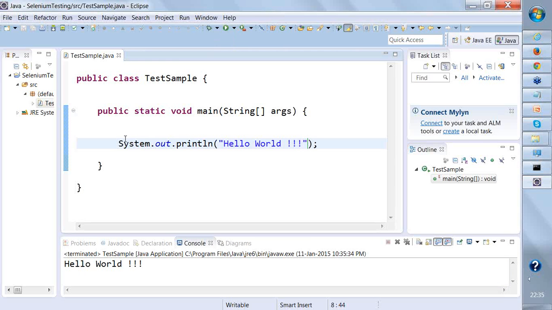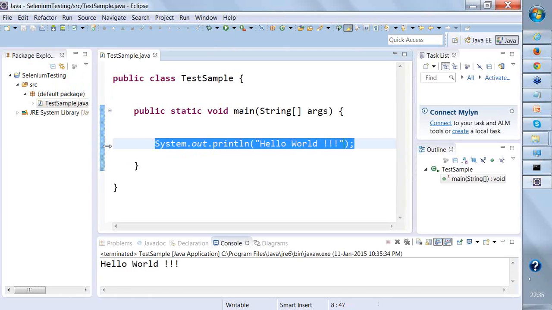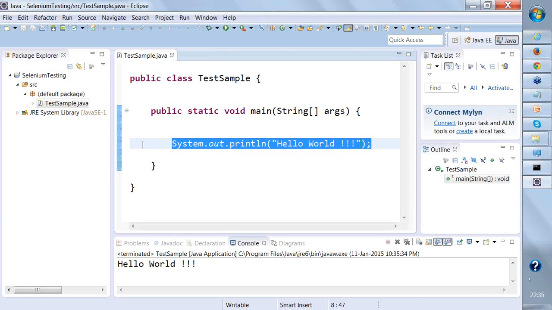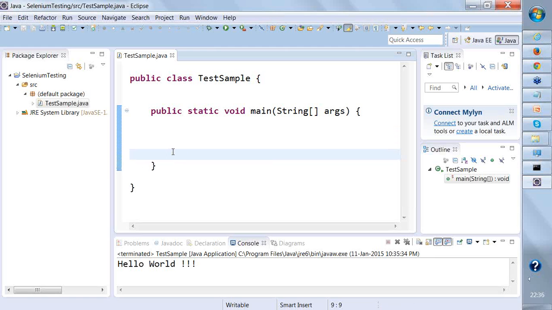But we are not here to cover the very initial core Java part right now, right? We will be seeing very quickly how we can configure the WebDriver API over here, how we can get started with WebDriver, right? So we'll be creating our very first WebDriver program now, right? Now, as I said, there are many classes available in WebDriver, right, that we need to call actually. Now, before